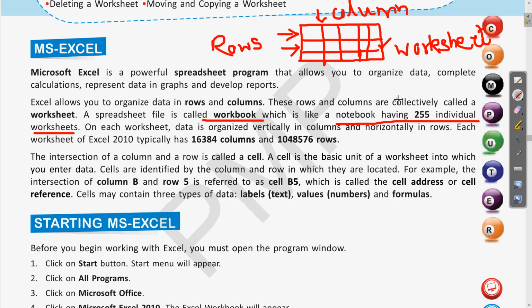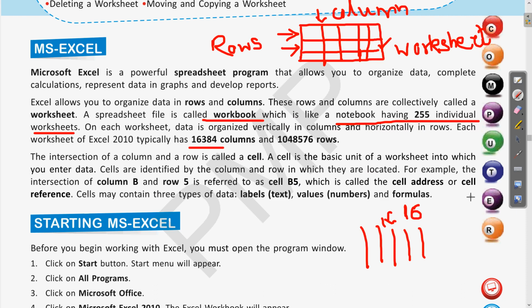Now, each worksheet of Excel 2010 typically has how many rows and columns? 16,384 columns. Okay, so the spreadsheet has 16,384 columns. According to the different versions of the software, the rows and columns differ.